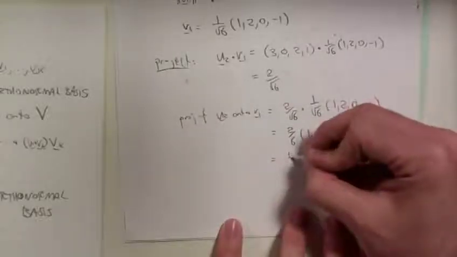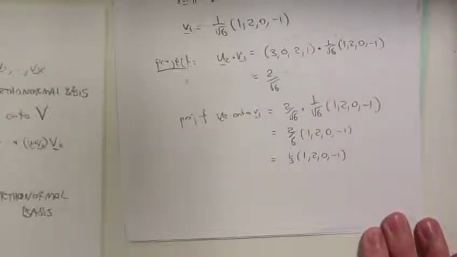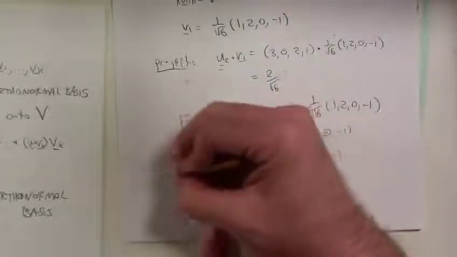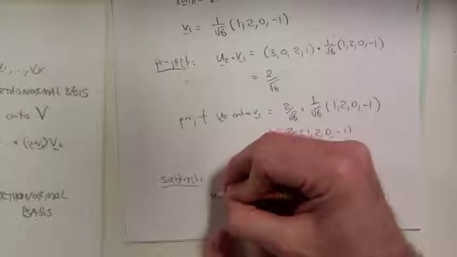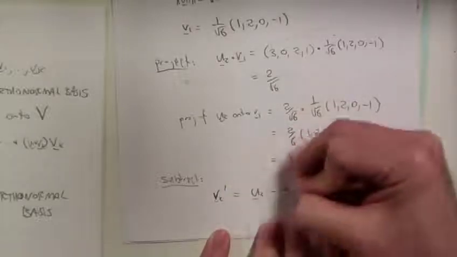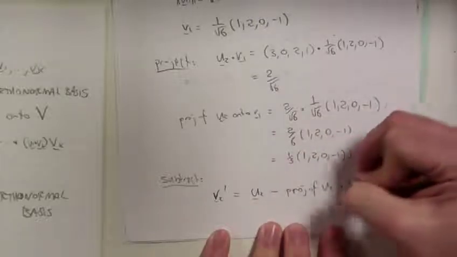I suppose I could do a third. That would be nice. Okay. Now you may think that I've got 3 steps for each of these and the lecturer only had 2, but that's because I've split one of the lecturer's steps into 2 pieces because I find it hard to do it all in one go. So I project and now I subtract. So my V2 dash